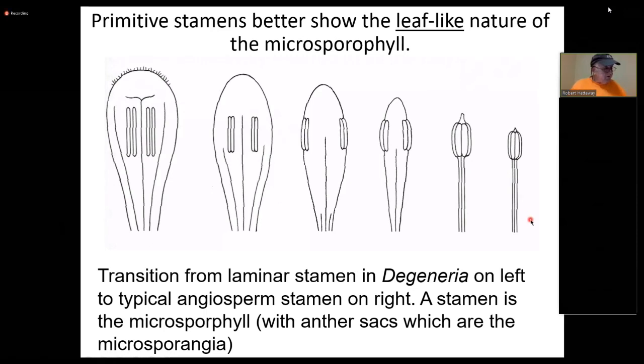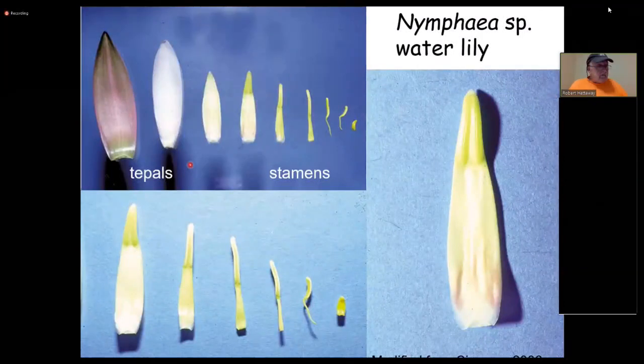And sometimes we'd have to look at extinct plants to do that. But the anthers are on this, this whole thing is a microsporophyll, and this is the filament, this is the anther, and the same is true over here. So anyway, that shows some magnolia won't quite show this, but the stamen on a magnolia is fairly primitive, but not this primitive. Now, another primitive angiosperm is water lily,